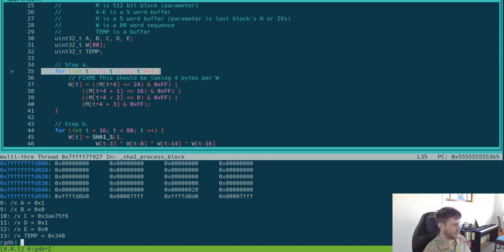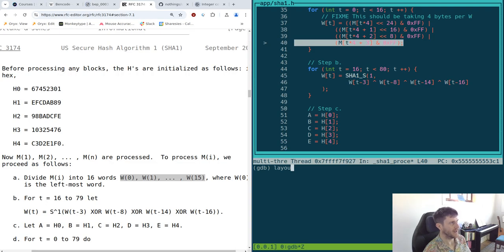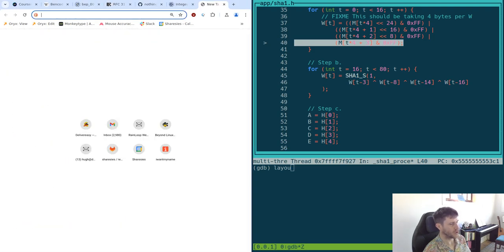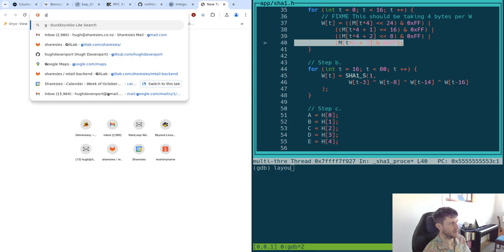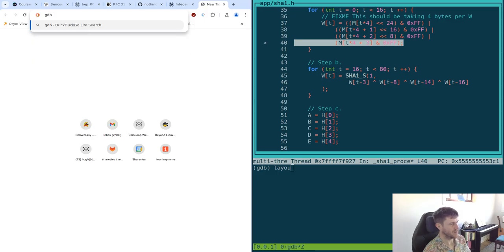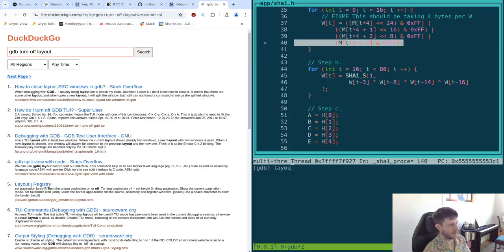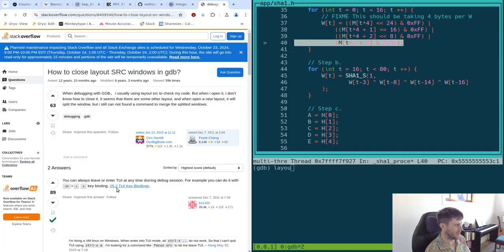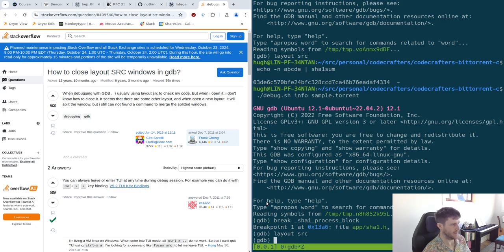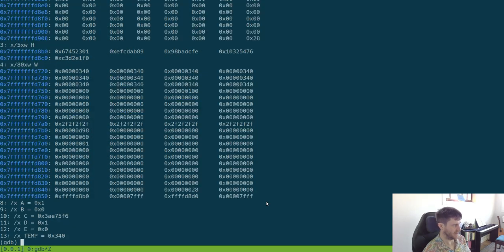Right, so here, GDB, turn off out. Layout doesn't, it's like some hotkey. Control X, Control A, Control X, A. Cool. Right, so now if we kind of step through here, we should see